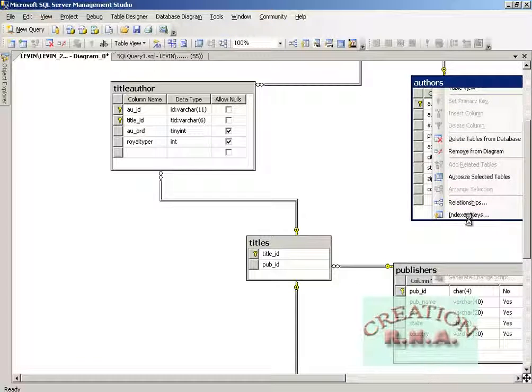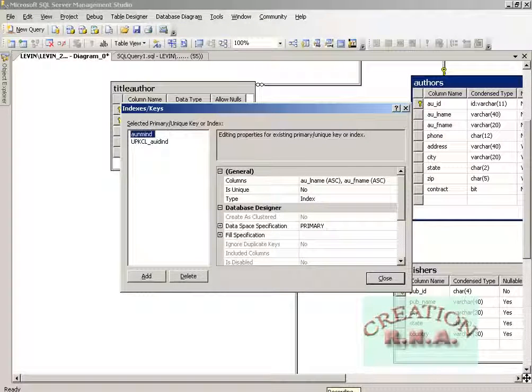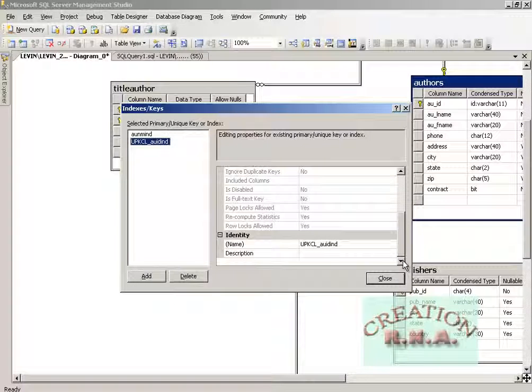Index and keys. Now it will show me the index and keys of the related table. You can go into the details. It is showing me the column names: the author last name is ascending and the author first name is also ascending. The type of index is not unique, so it says no. This is the index name. Again I can go to the other one. This one is a unique index. This one is author ID ascending and has a type of primary key. Many more details are available here for the indexes.